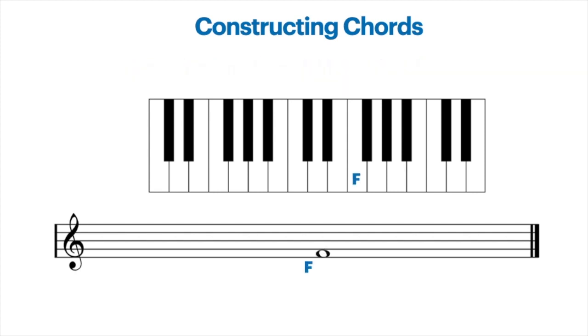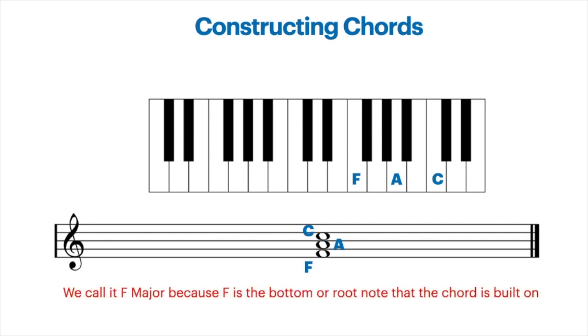Okay, so now let's make an F major chord or triad. Let's start with F on the bottom space. That's to the left of those three black notes. Count up two white notes to A, count up two white notes to C. Okay, and we play those at the same time. And we call it F major because F is the note at the bottom or the root note that the